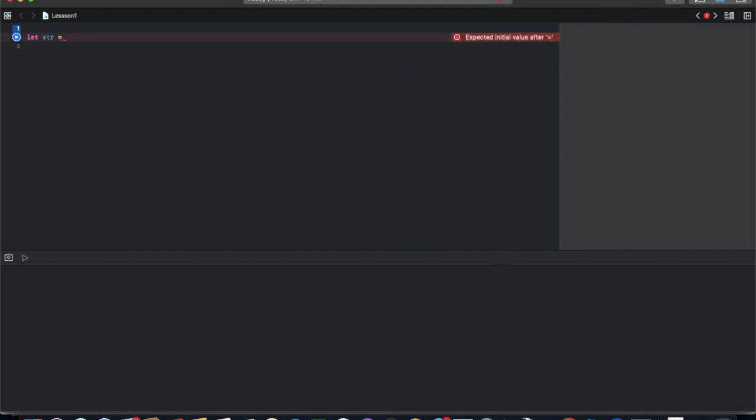The value can be a string, integer, or anything else. Firstly, we are using a string. To write a string, we use double quotes around the value, like a name, Harsh.